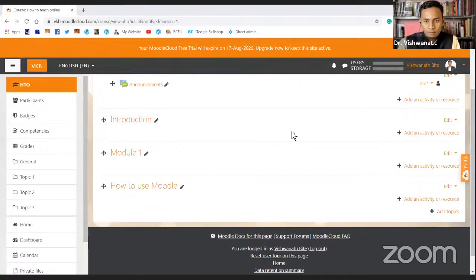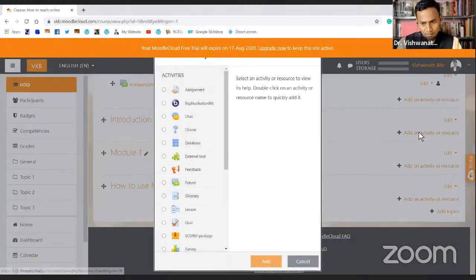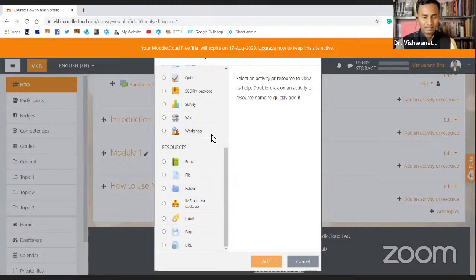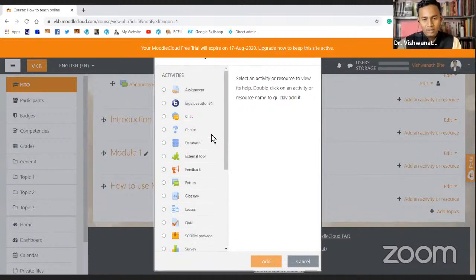Okay, so first thing in the introduction or any topic that you already have created, right? Just click on this add an activity or resource. You can see there is this plus icon, and you can click on plus icon or the hyperlink text which is there. So I'll just click on the hyperlink text, and now this is the reason why I prefer Moodle over all other learning management systems. Because what you can do in Moodle is just limitless.